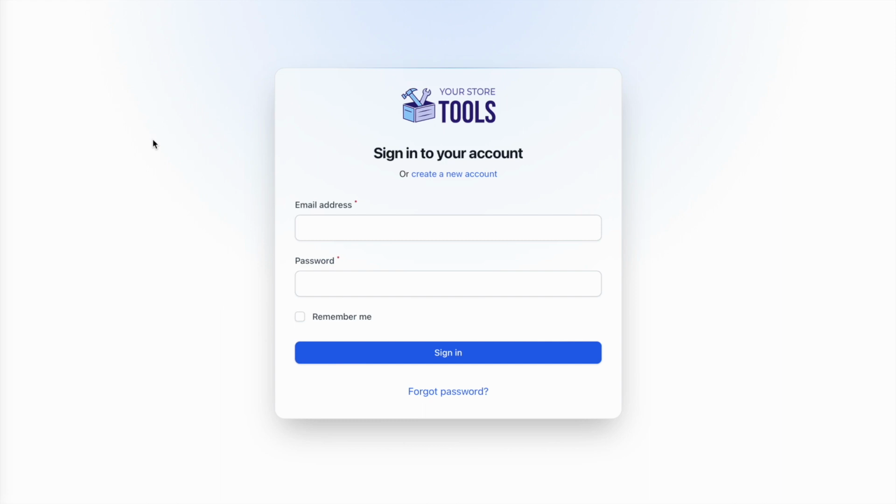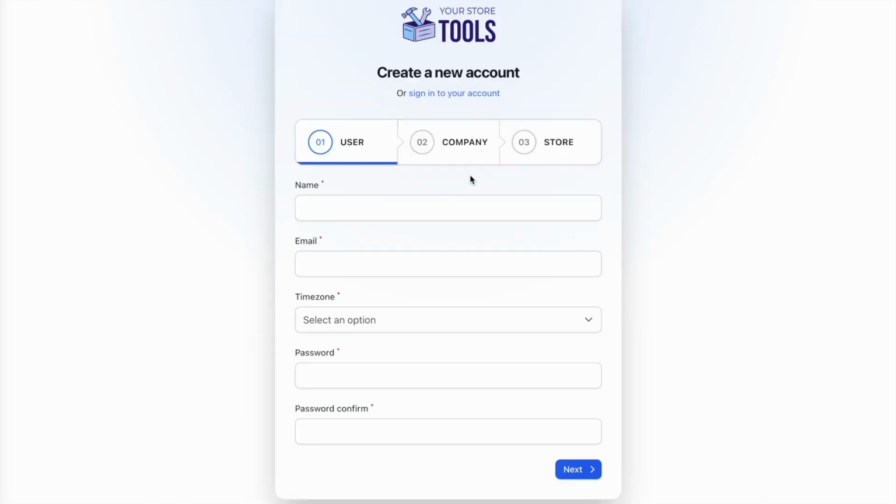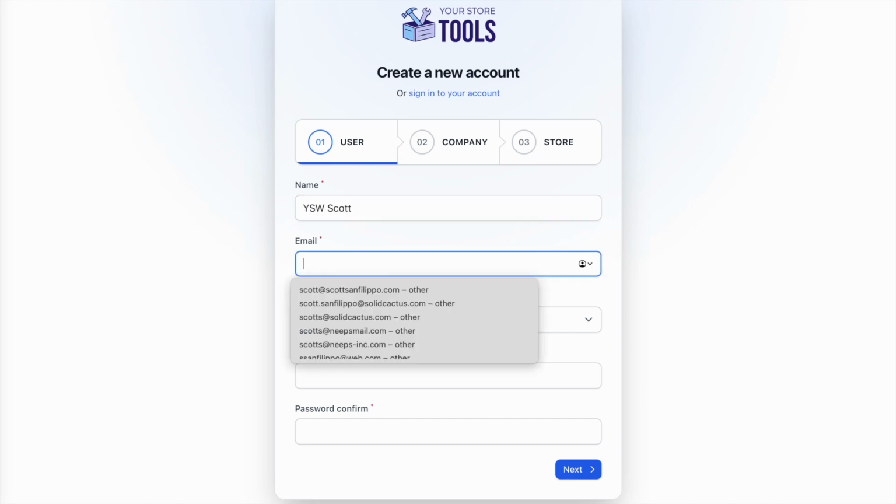Once you have that, let's log on to app.yourstoretools.com. That's app.yourstoretools.com and click on Create a New Account. And from here, we'll just fill in some general information. Our name, email,